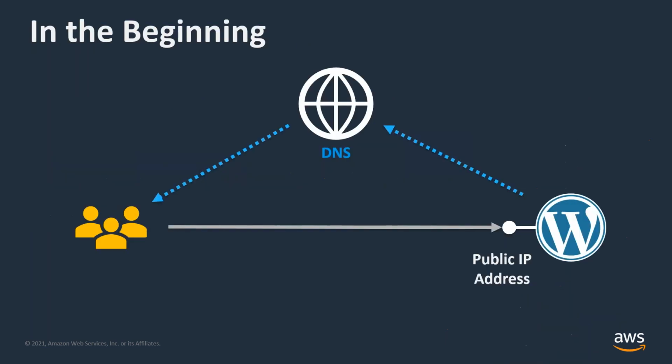So when you launch a Lightsail instance, you get with it, as I mentioned, you use a blueprint to determine what's going to be running, and you get with that the underlying processing power and storage and memory and bandwidth. You also get, among other things, a public IP address. So when you launch your Lightsail instance, with that public IP address, you can reach your Lightsail instance right away,